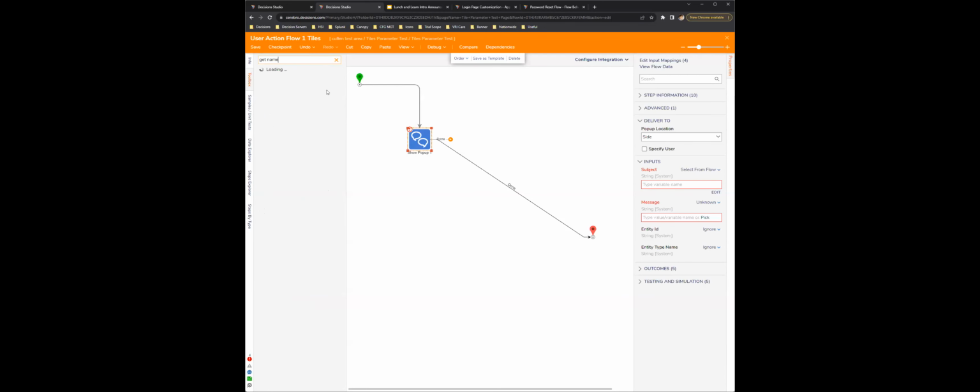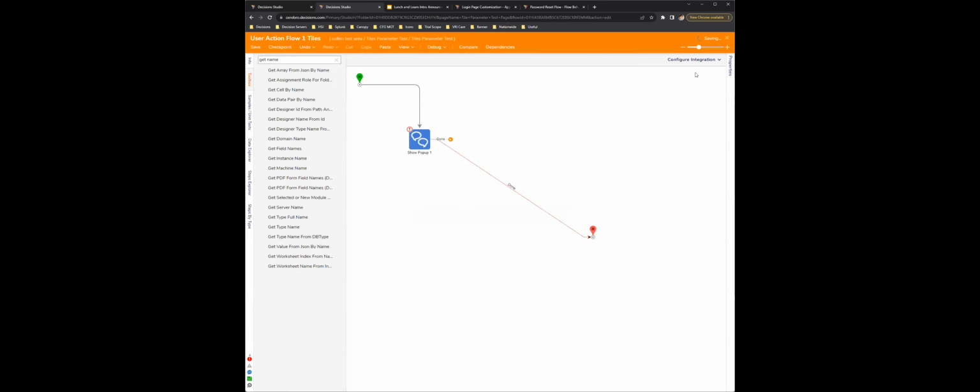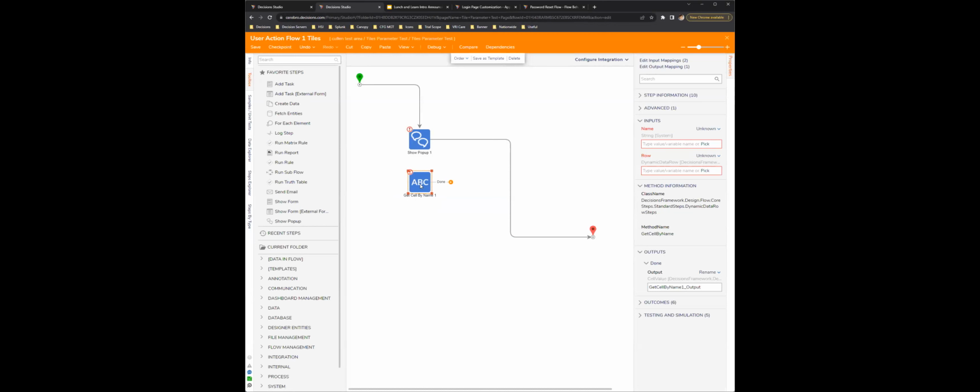I think it's like get cell by name or something like that. Yeah, get cell by name. This, I think, is what it's called. So you put that in there and then you can search it and map it by the name. So if you wanted email, you would get that exact, underlying name of your field and put that in your name, and then you'd map that to your